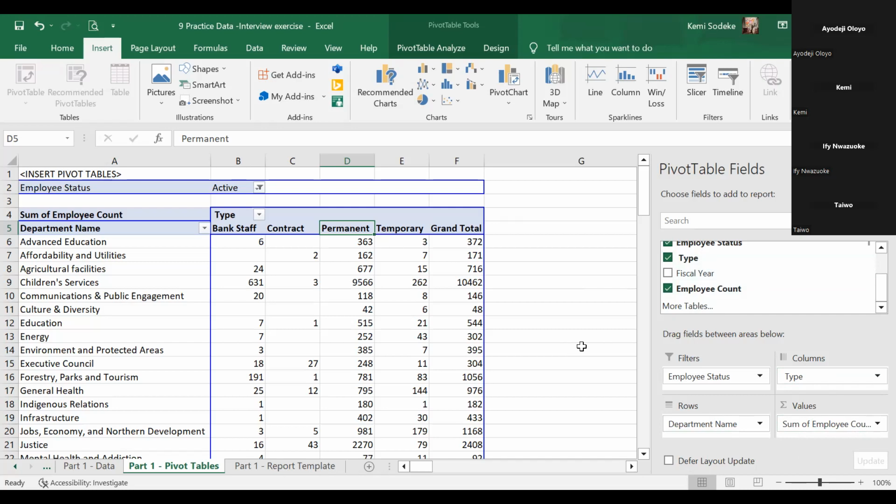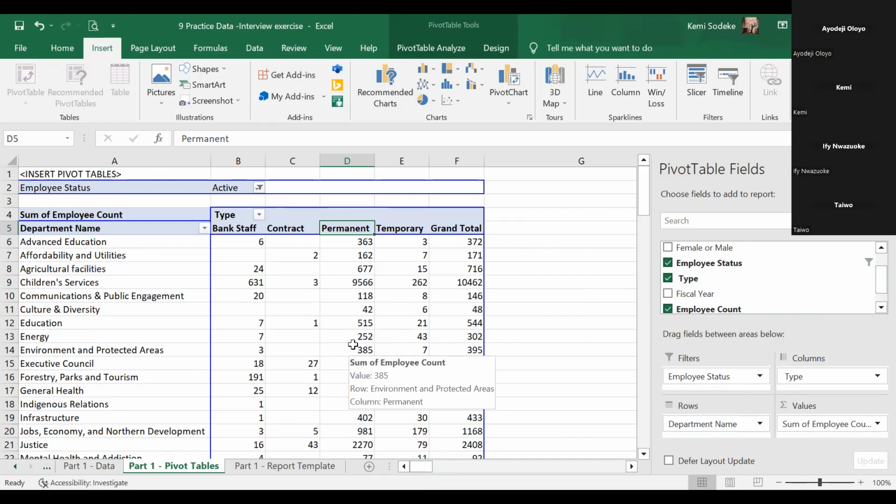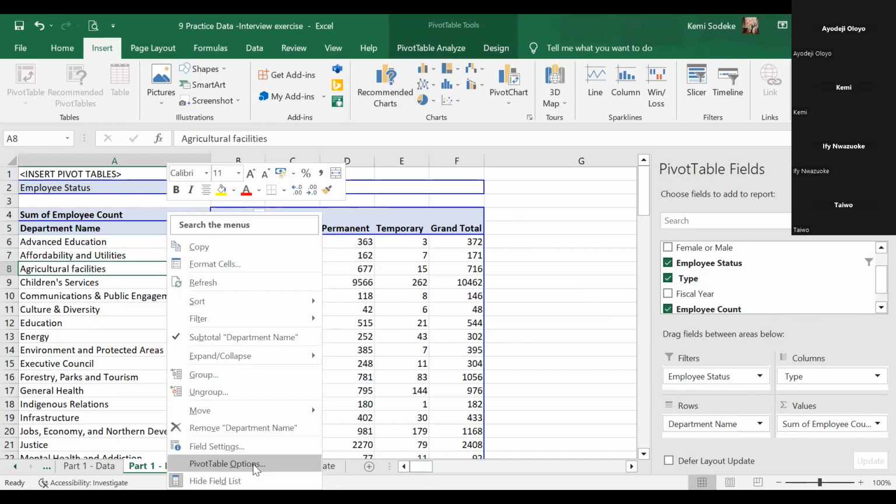Kind of. Did you filter anything from the department name? The employee status. Do you have the employee status as a filter? So we only want active employees. So you need to use the employee status as your filter, and then filter out the rest. Yeah. Okay. Yeah, I think I am. I'm there now. Okay. It doesn't quite look the same though. Maybe if you right click,